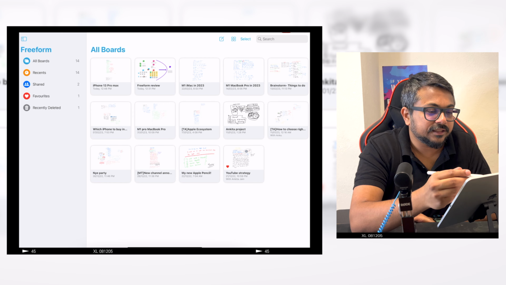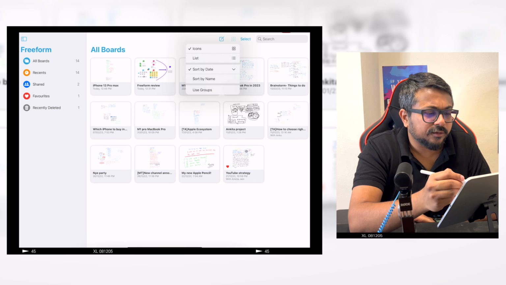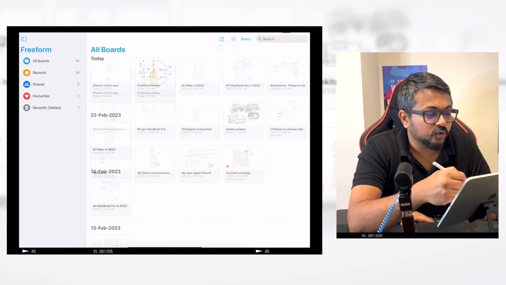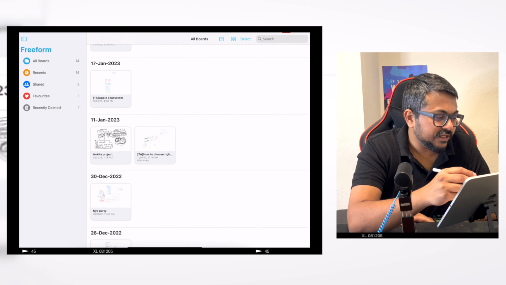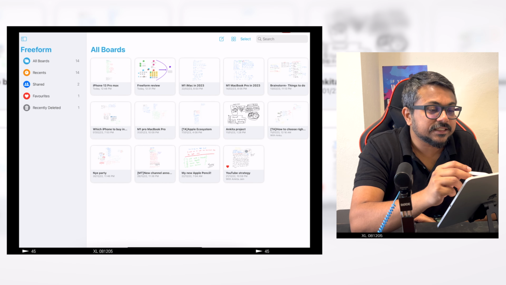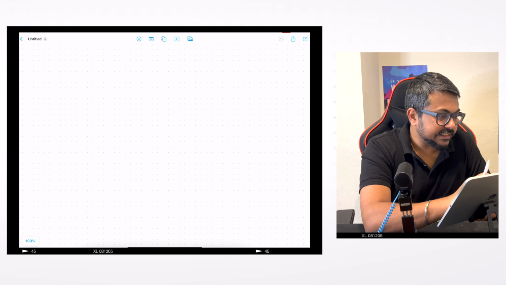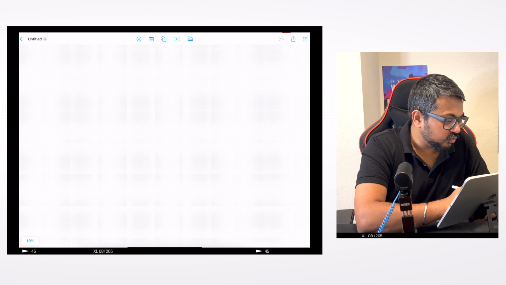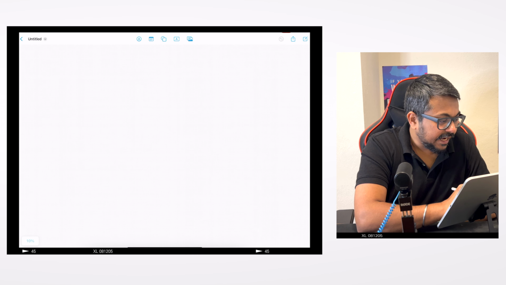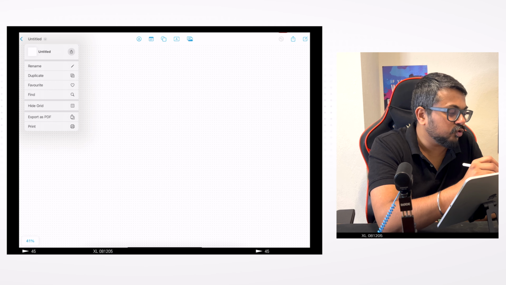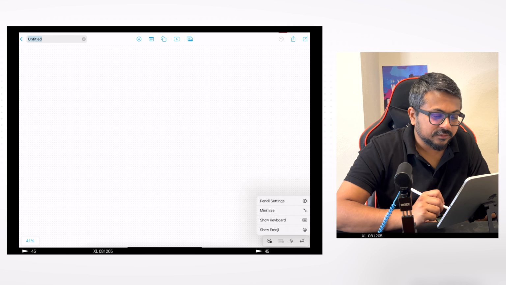I personally like this. And you can also sort by date or sort by name, whatever works for you, but I have sorted by dates. You can use groups as well, wherein date wise you can have a complete list of whatever boards are there. Let's create a new board and explore. This is an infinite canvas which can be zoomed to 10% and a maximum of 400%. If you see the untitled here, you can go to the options and rename it. So let's rename this first